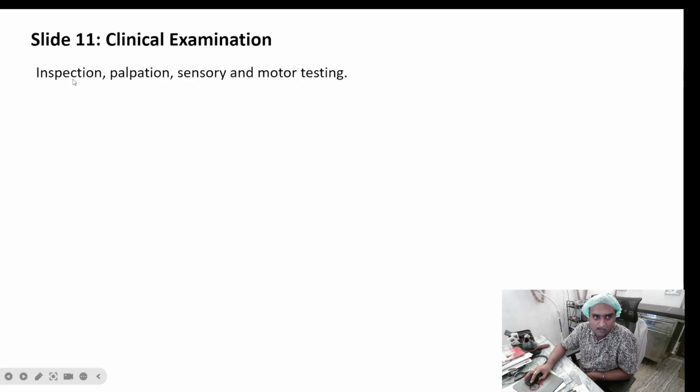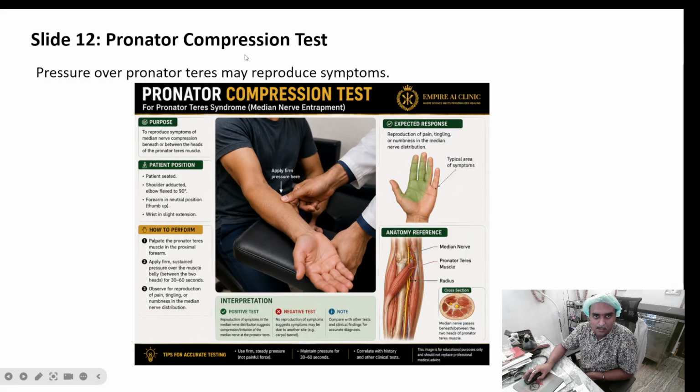Clinical examination includes inspection, palpation, sensory, and motor testing. Pronator compression test: pressure over the pronator teres may reproduce symptoms. Here, apply firm pressure. You can see the typical area of symptoms will be shown in these